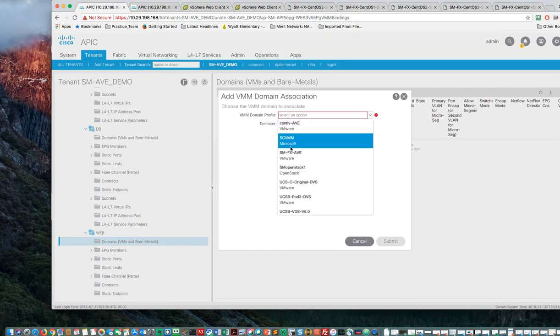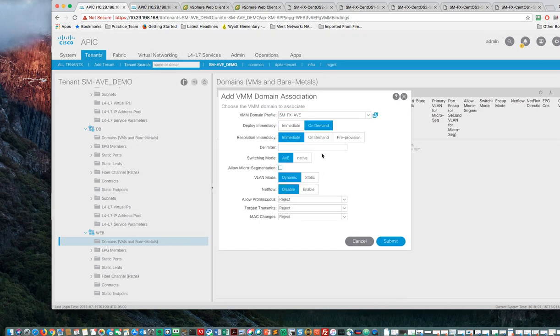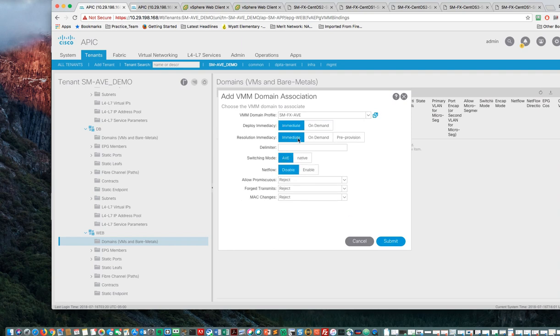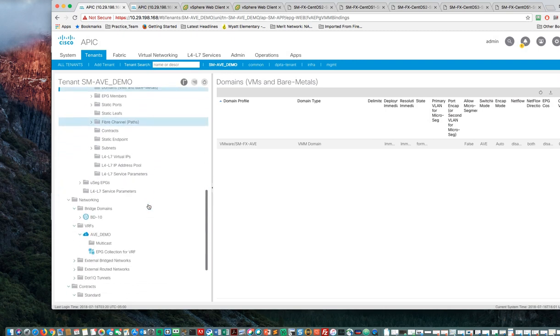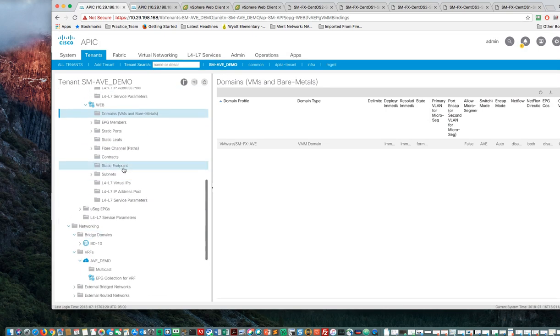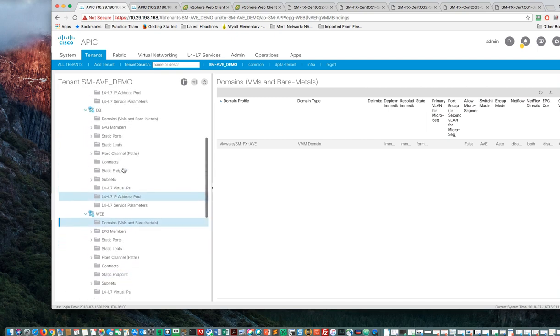We are going to choose our FXAVE, and then we are going to choose AVE, will do immediate deploy, and notice that over here there is no VLAN because we chose AVE, so this is going to be VXLAN, so I'll say submit. Then the next one is going to be app, and app is also going to be VXLAN,